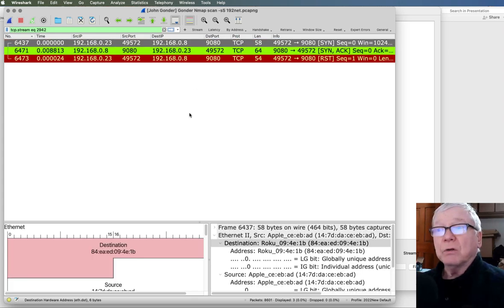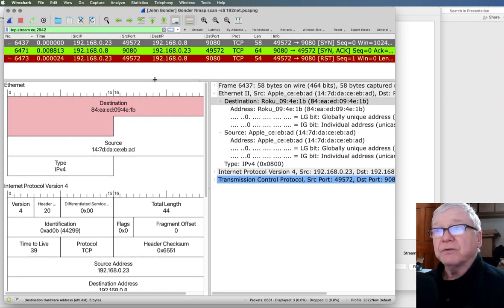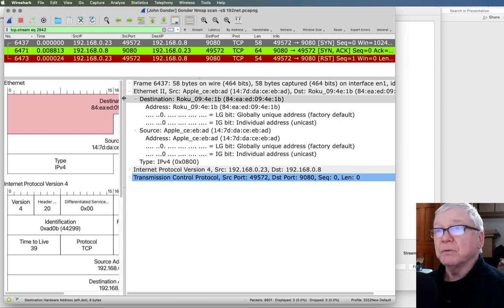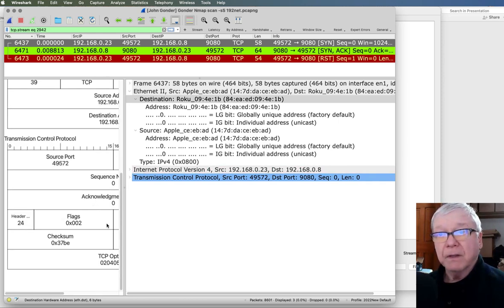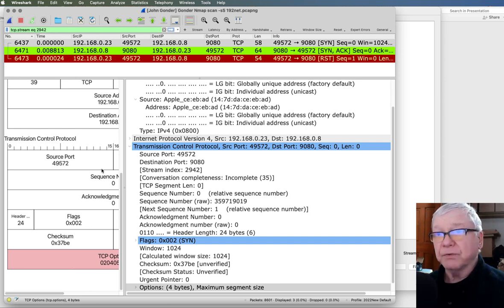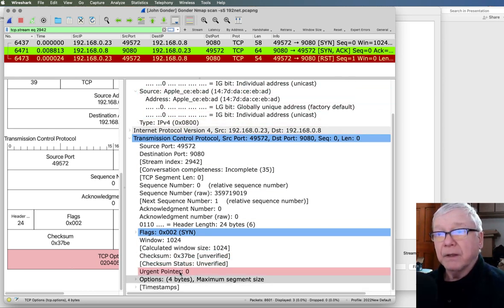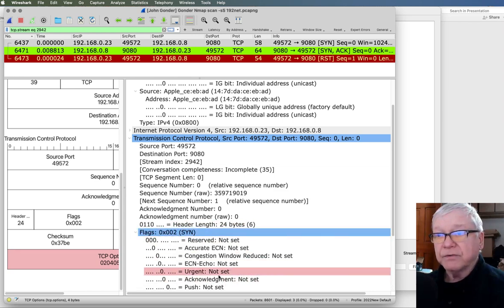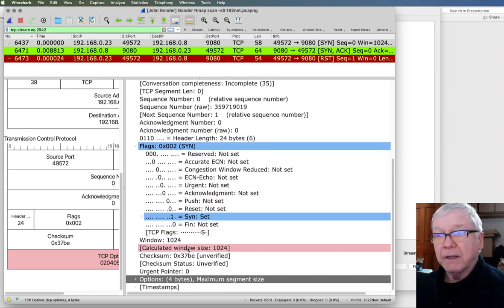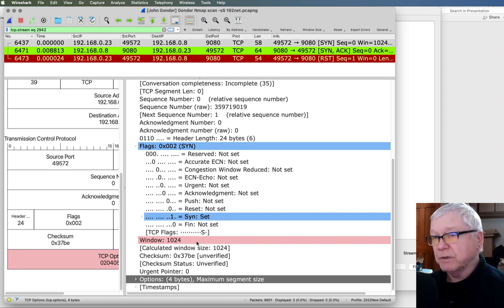Let's look a bit more closely, though, at this particular SYN packet. Let's see what we got. We're used to seeing that there's TCP options. And here I'm seeing there's a SYN flag. And the window is 1024, which, as you remember from Chris Greer's video, he knows that this is really small.